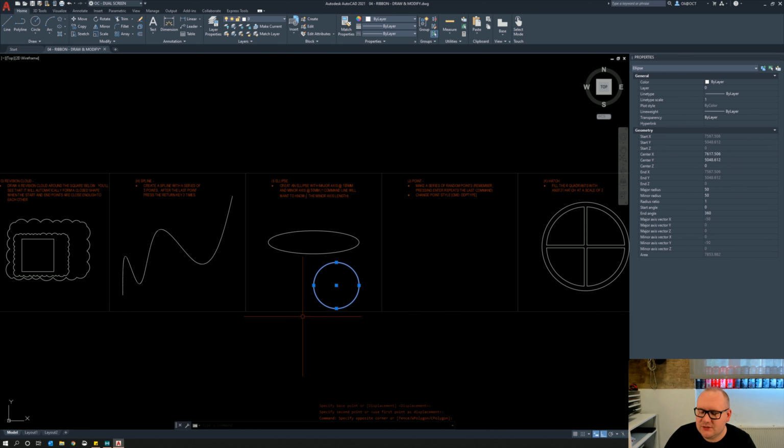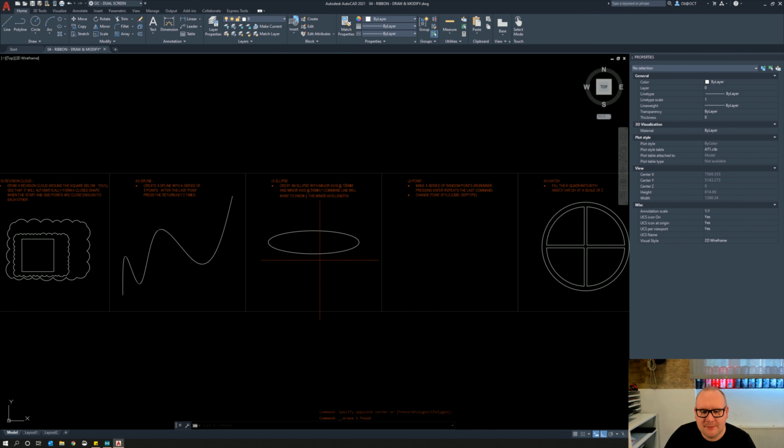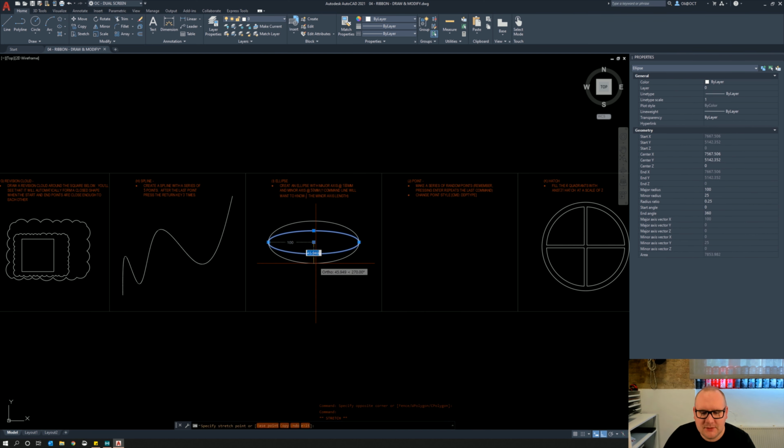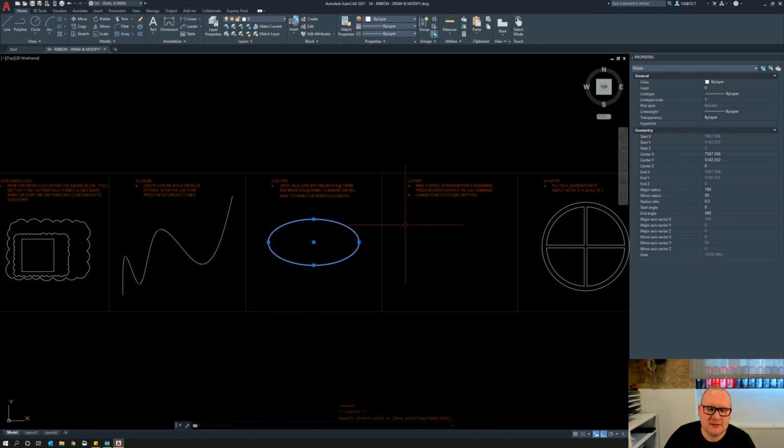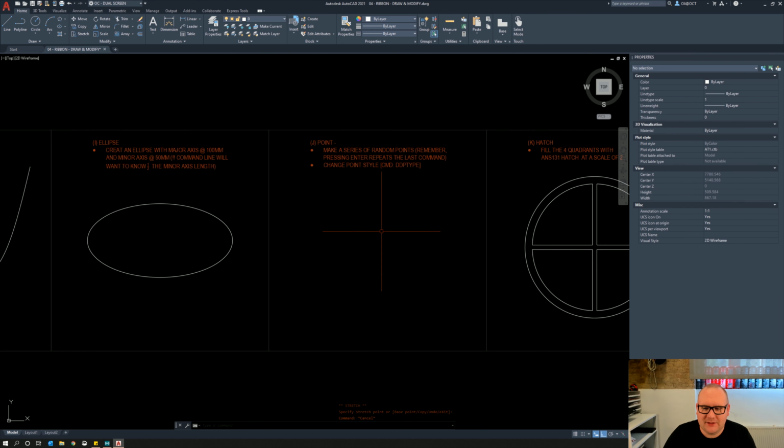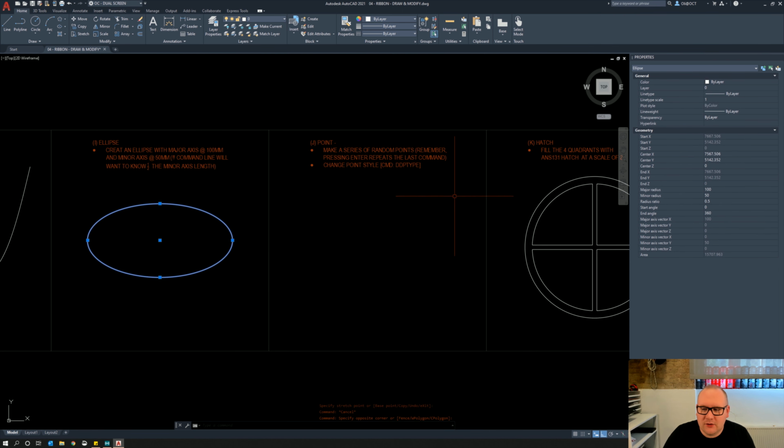Although it doesn't register as a circle when you select it. Ellipses, again, we can use the blue grips to manipulate, so I can go 50. You might end up with something like this, depending on how your computer, depends what version and how it wants to abuse you. Again, if you highlight an object and look in the properties pane, you can see